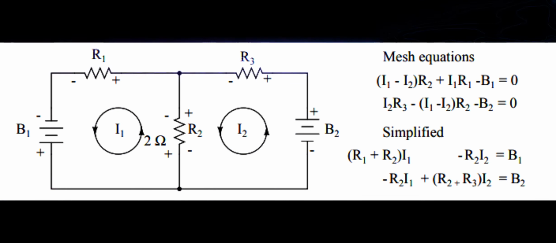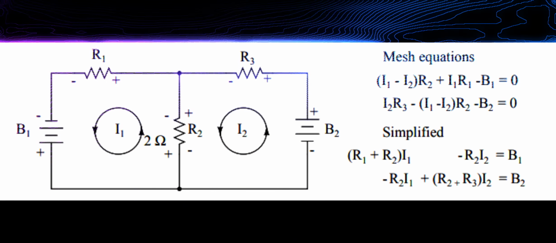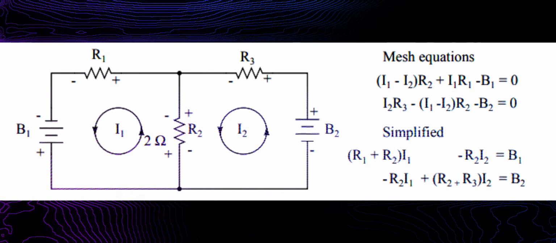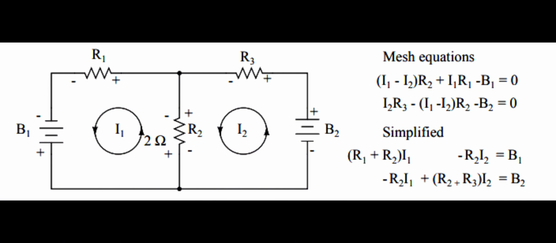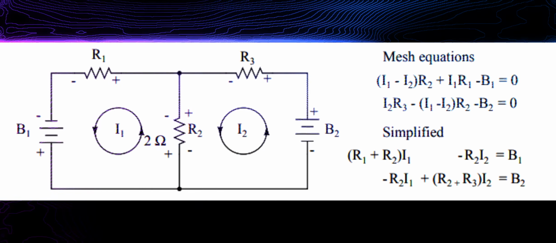Next is mesh current method. The goal of the mesh current method is to determine all of the unknown mesh currents in a circuit. A mesh is a loop in a circuit that does not contain any other loops. The mesh current method is only applicable to planar circuits that can be drawn on a plane with no crossing